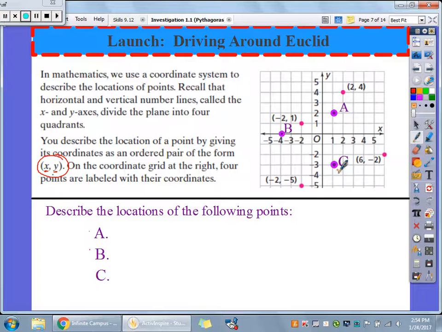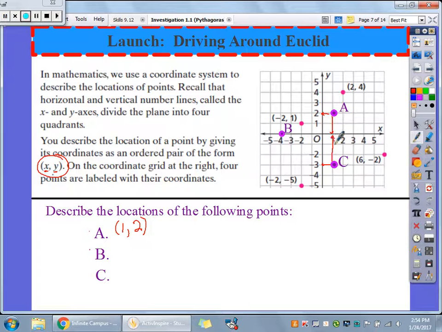All right, so if we look at A, remember that the x has to go first. So basically what you can just do is go down to find your x and go across to find your y. Your x number is always going to go first, so 1, and then your y number is always going to go second, so 2. Okay, it's always in alphabetical order. So again,